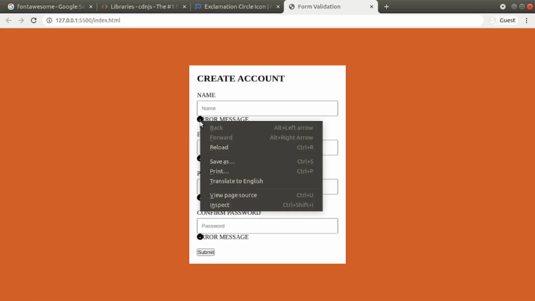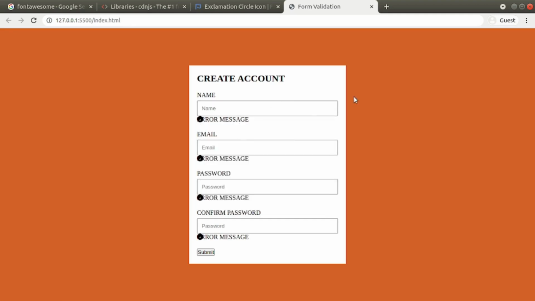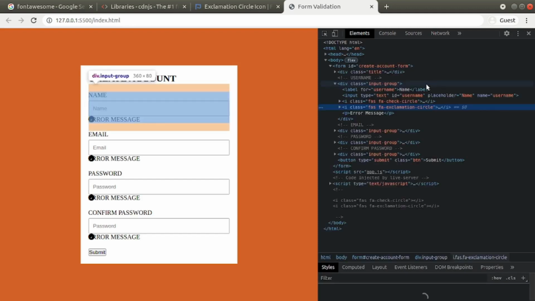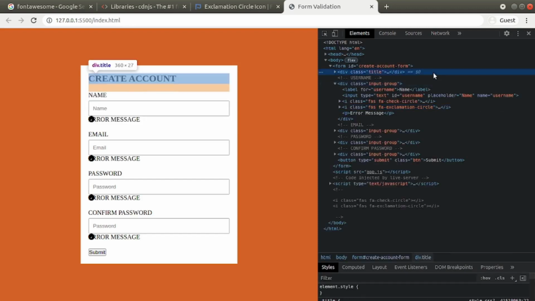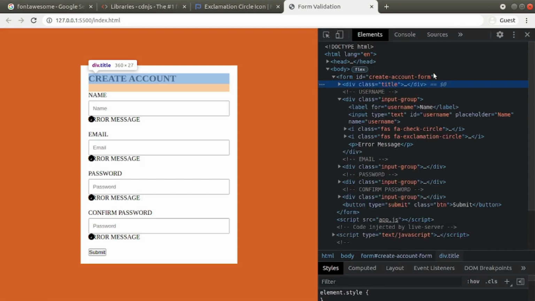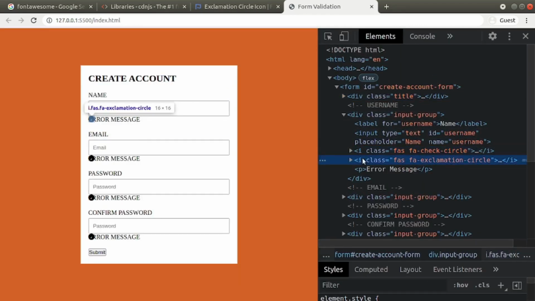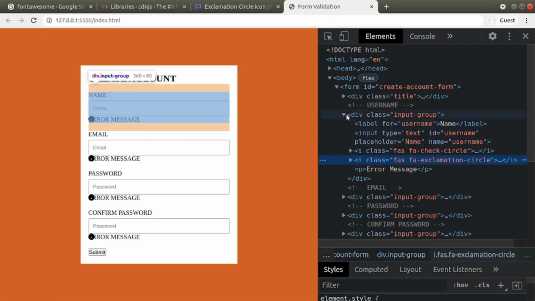Let's check the parent. To increase the font size here, Control plus. Now here are our icons, okay, 1 and 2, and its parent is this div with the class name input group. So inside this parent, you can see the highlighted parent.